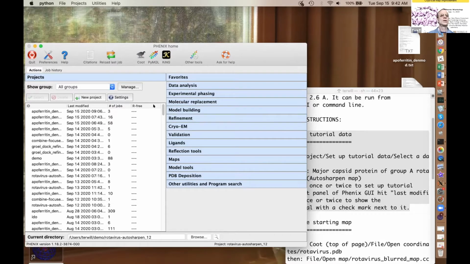If you go on the left side of the GUI and you click a couple times on last modified, then that project should show up with a check mark next to it. So there it is. That's my project, has data in it. I can check and make sure that it really looks like what I want it to be by going down to the bottom of my screen. It says current directory, users, Terwilliger, blah, blah, blah, browse, or a magnifying glass. If I hit the magnifying glass, which I'm going to do,